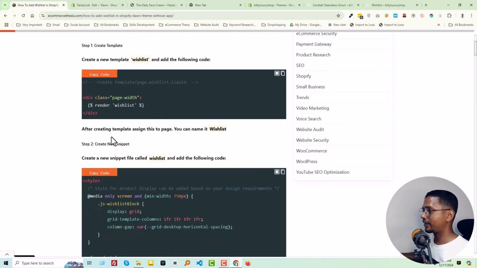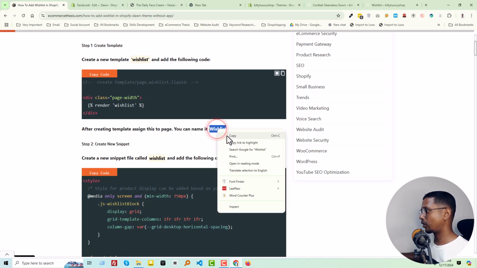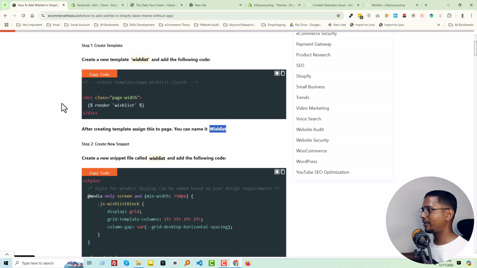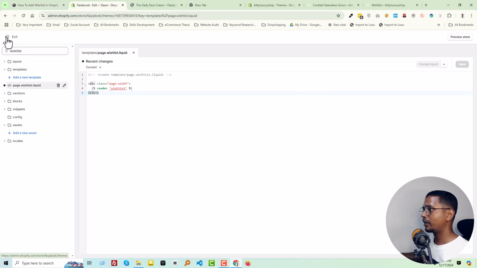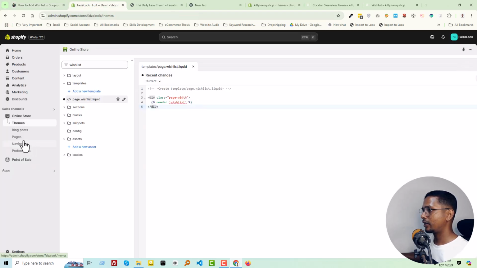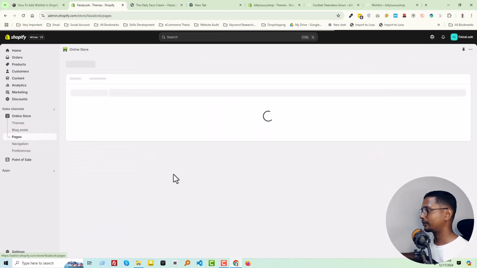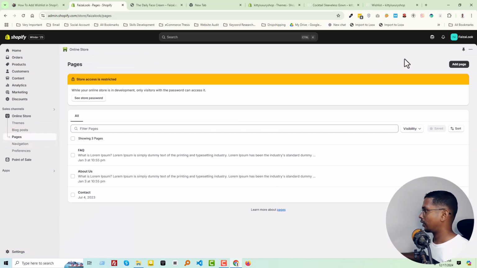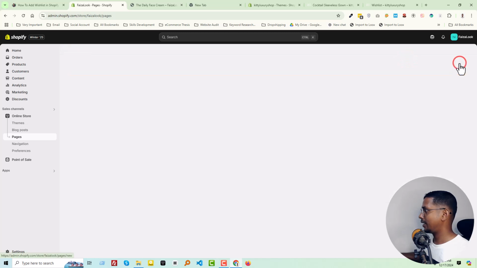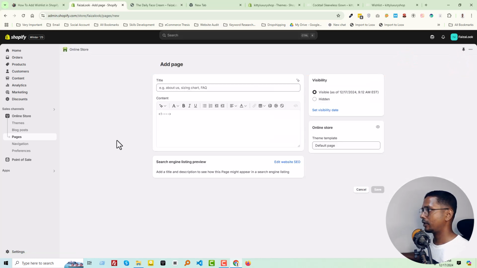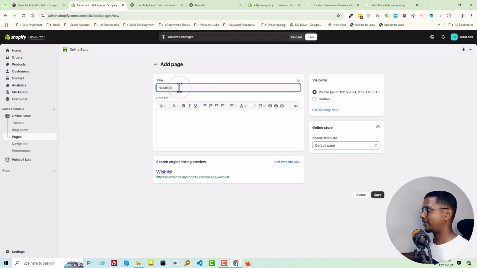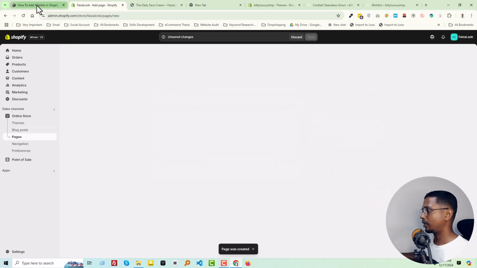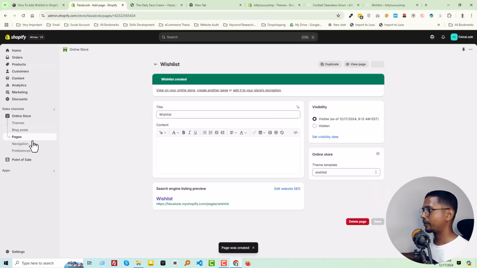Then after creating the template, assign this to a page. You can name it wishlist. So copy the name of the page, go back, exit it, click on the pages. So then click add page, add page title wishlist, select template wishlist, click on save. Okay,